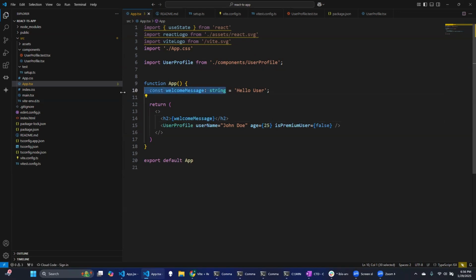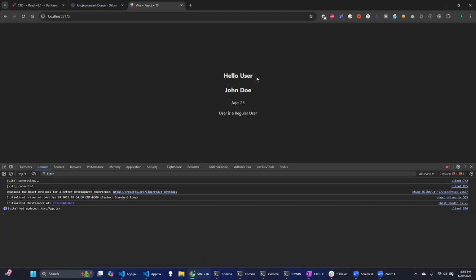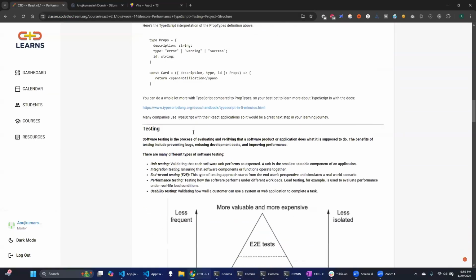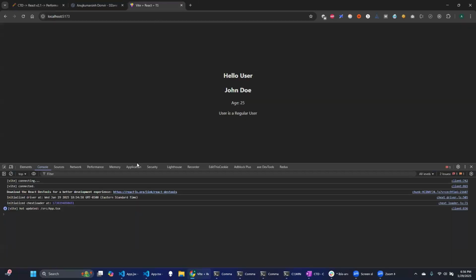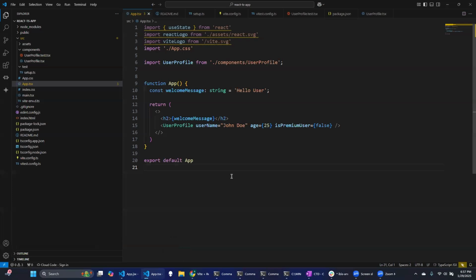So now I was able to define it with string and then able to display it. TypeScript is really a huge project, and our learning resource doesn't cover too much in depth. But I'd suggest to practice TypeScript in your free time because it's something that is going to be used heavily, most likely wherever you work in your future jobs. So knowing TypeScript is important, but it's not that difficult because